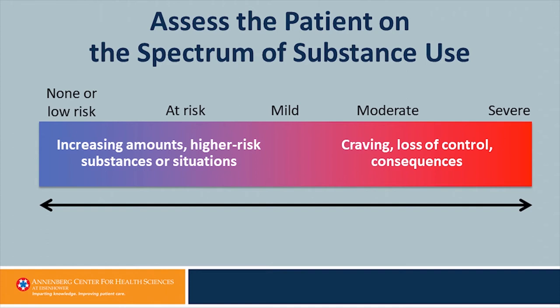Rather than these discrete categories, this really reflects our current understanding of substance use, that it's a spectrum from low risk to severe, moving from left to right, increasing amounts and higher risk substances to the development of actual craving, loss of control, and consequences. So for the person who's screened positive, understanding where they fit on the spectrum is an important task